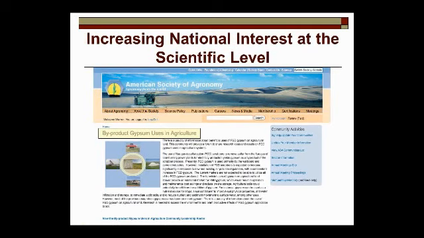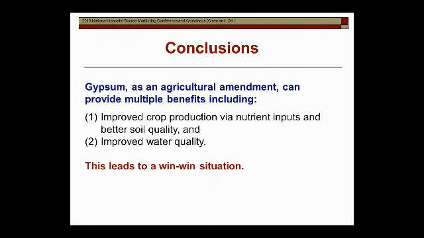Also at the national level, I think it's interesting to just point this out. When I started working on gypsum a number of years ago, people were saying, well, that's kind of crazy. And now we have a national academic group from the American Society of Agronomy looking at gypsum in agriculture. I think there's maybe like 80 or 90 researchers that are involved in this. So it's really become a very important